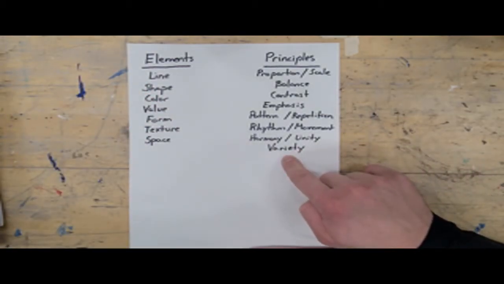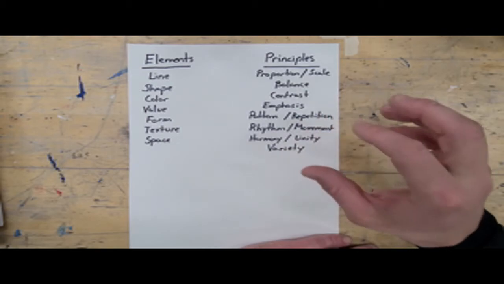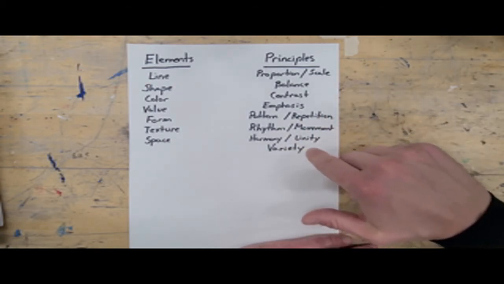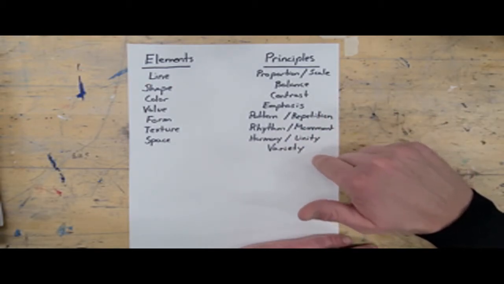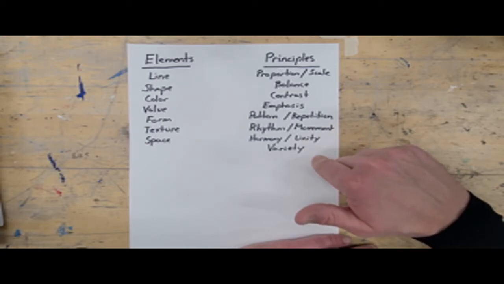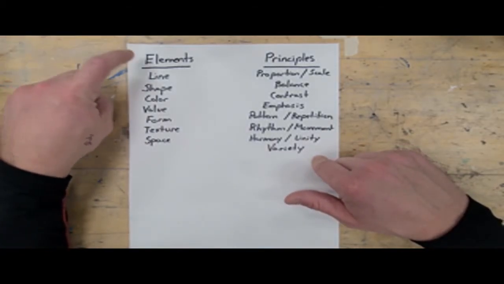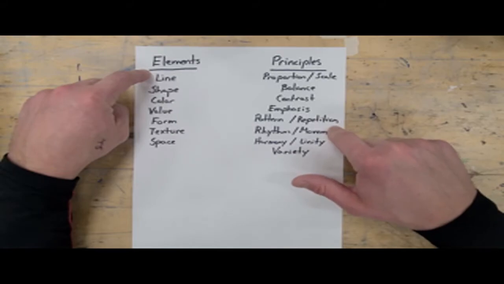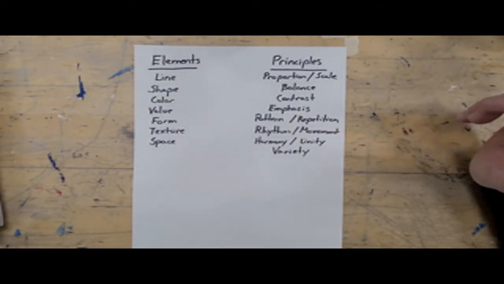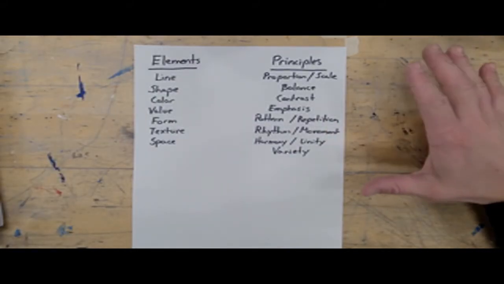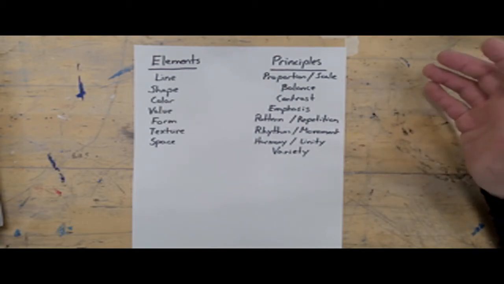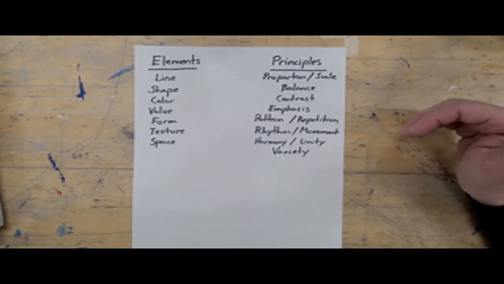An eighth principle is sometimes thrown in there with variety. So just using all different types in the same image. But ultimately, variety is not always considered amongst the 7 principles. So there are typically 7 elements and 7 principles. Now, the principles can be used in the literal way that I just explained, or they can be used in a